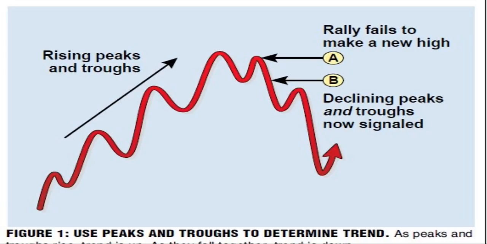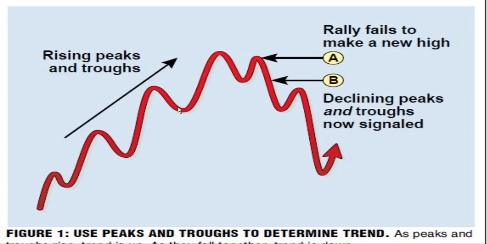This particular picture, if you see, is a rising peak and a rising trough. That is, the tops are getting higher, the bottoms, the lows, are getting higher. So this is higher highs, HH, and higher lows. Now during a bull trend, a rally is interrupted by a correction. See, this trend is bullish, but whenever there's a rally, there's also a small correction in which a part of the move is retraced. This is followed by another rally and another correction. This goes on. These are the peak and trough.